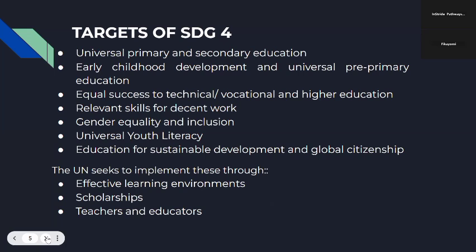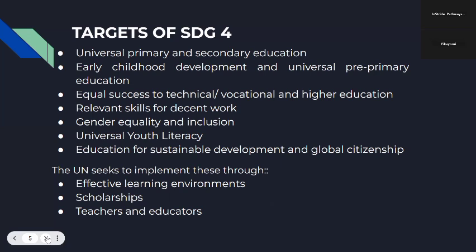So I'm just going to be listing them out. The first one is universal primary and secondary education. One of the goals of SDG4 is to ensure that there is universal primary and secondary education. It is not just in Nigeria alone. As it is in Nigeria, it is in Kenya as well, in Canada, everywhere. So it's universal. We want to ensure that there's universal primary and secondary education, and also they want to ensure